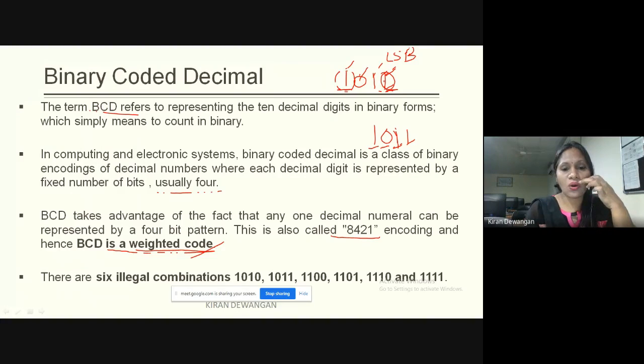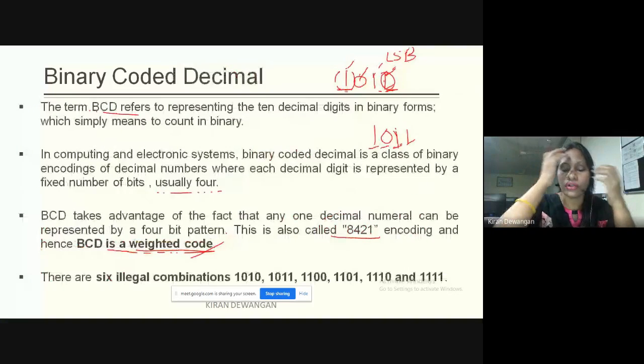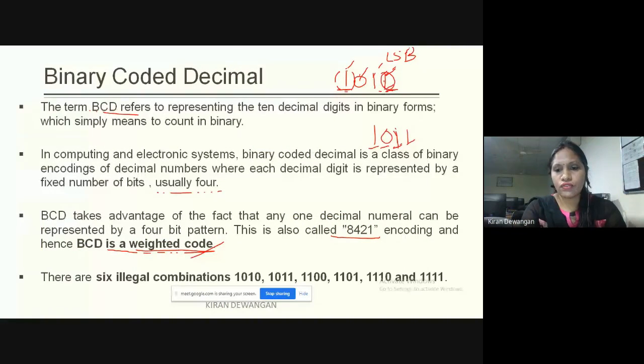Why is it called the 8421 code? Because this position has weight 2 to the power 0, this position has weight 2 to the power 1, this position has weight 2 to the power 2, and this position has weight 2 to the power 3.